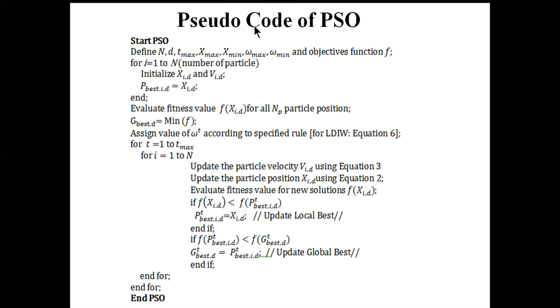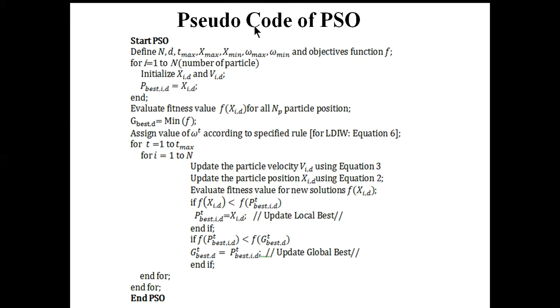Okay, apart from them, I forgot that we also need to define the value of C1 and C2, the acceleration constants. It has been observed that in most cases, if the values of C1 and C2 are 2, the performance of the corresponding PSO algorithm is superior. So obviously we shall consider the value of C1 and C2 as 2 for most of the cases.